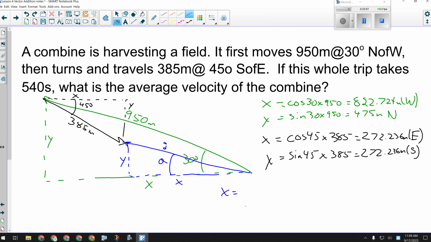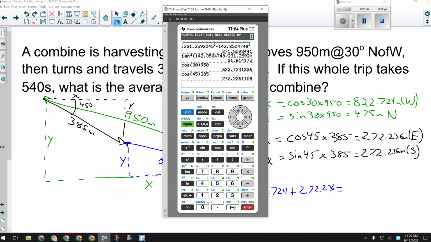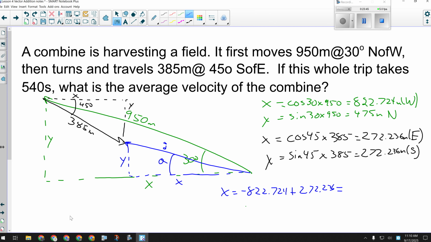Okay, so to calculate blue x, west is usually negative, so I'm going to go negative 822.724 plus 272.236. That's going to get me a negative number. That's fine. I know that means west. Okay, 822 right there. I'm just going to put minus in my calculator because that's the way it's going to work out. All right, so I'm going to get 550.488